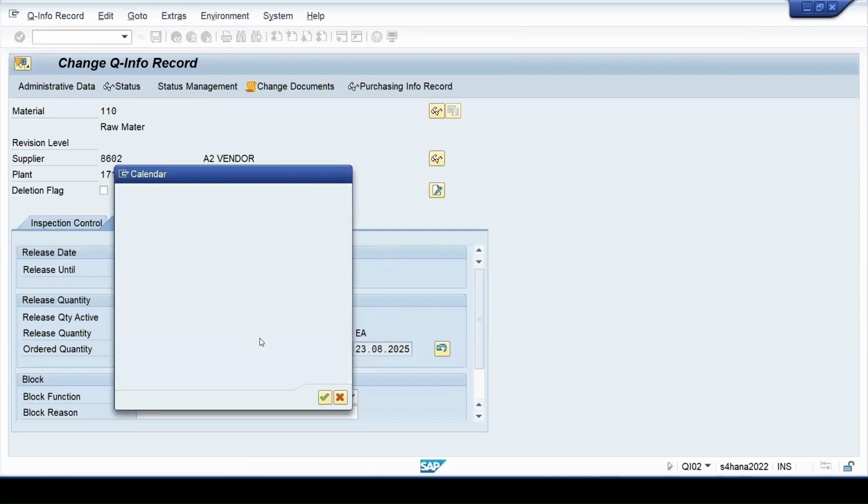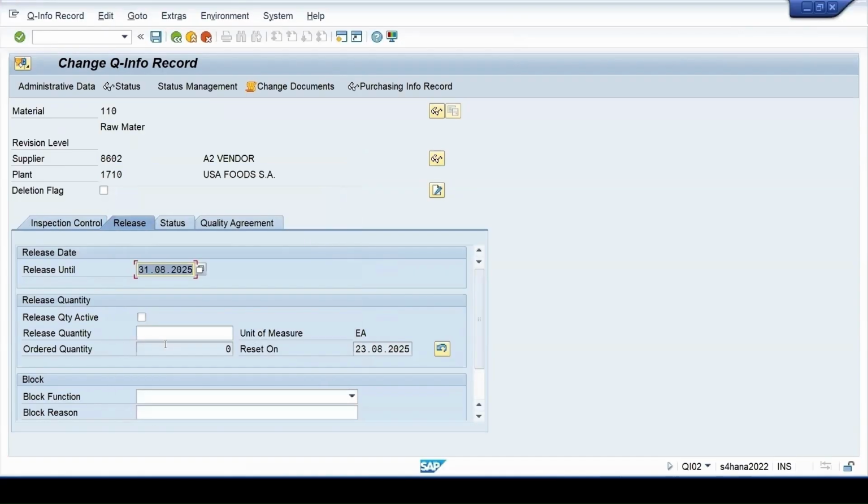Let me keep it open at present. Here the quantity is there, so how much quantity I can buy till this date, you will be specifying the upper limit. Suppose I enter say 500 here in the released quantity, which I can buy from this vendor till this date. Let me save this and let's see how it works.